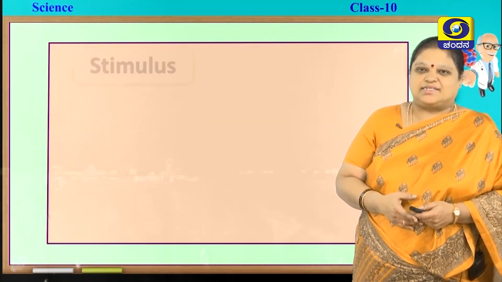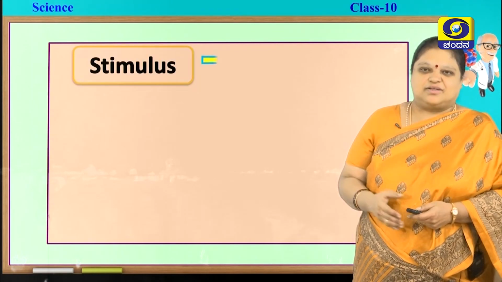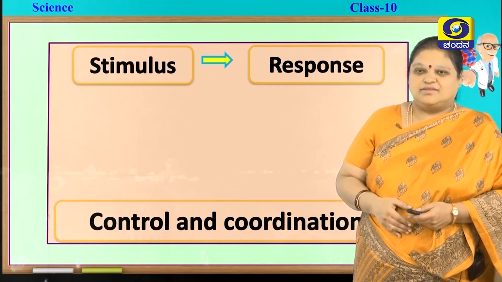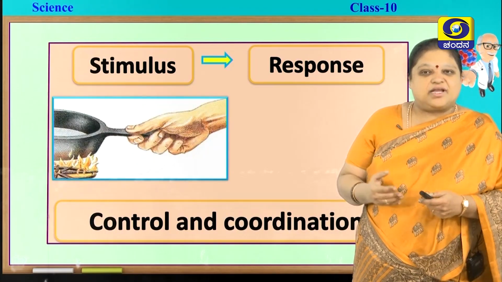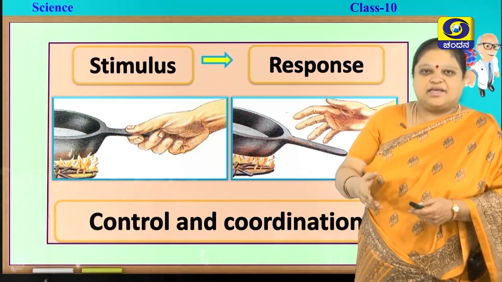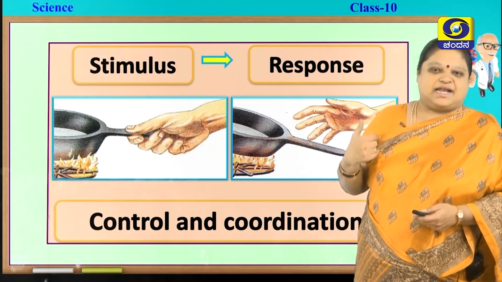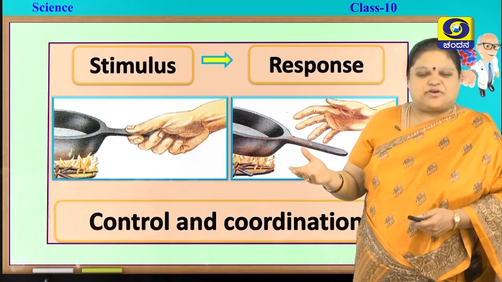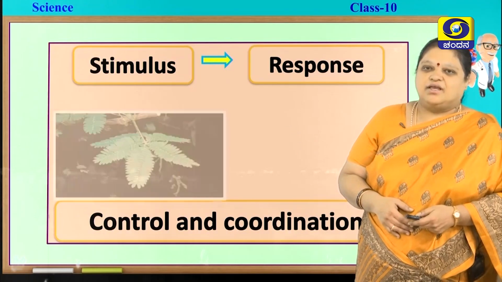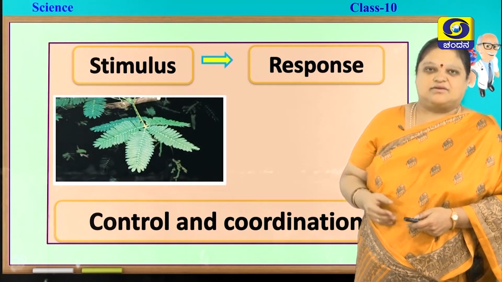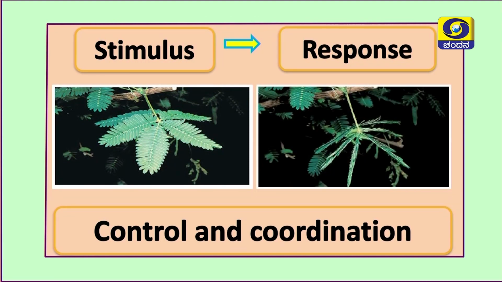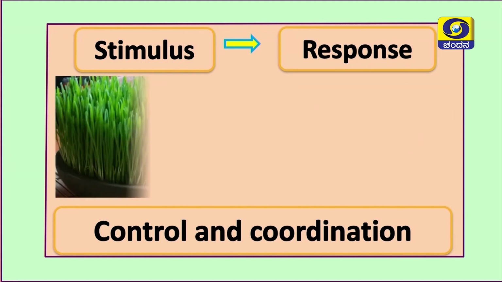Okay. Now, let us see here first basic type of movement, that is responding to the stimulus. So, this is a type of chemical coordination. When a person touches a hot object, he immediately withdraws his hand. This is one other type of movement, that is responding to the stimulus. You can see so many other things also. Here a Mimosa pudica plant is there. If you touch it, it will close. So, this is another type of movement.